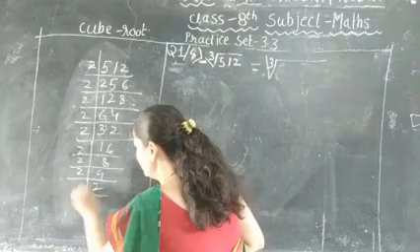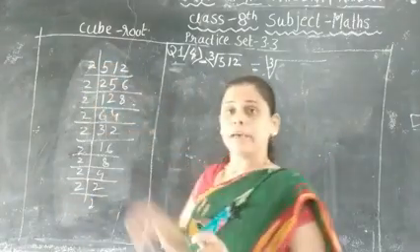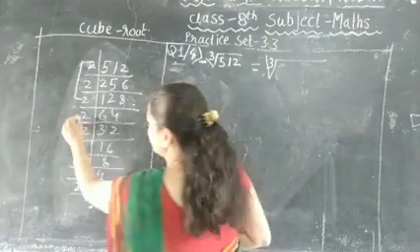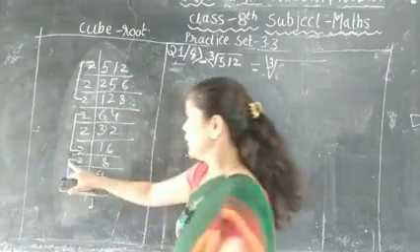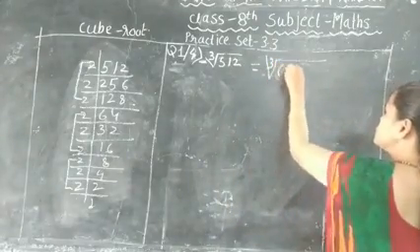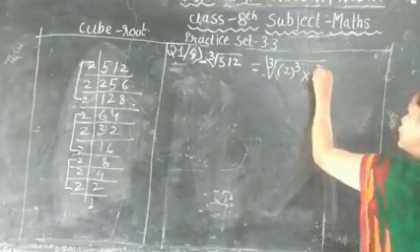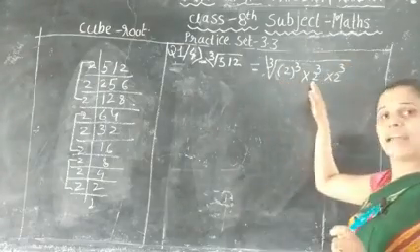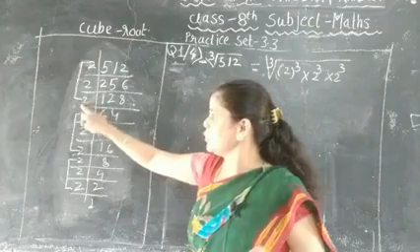Or you can write here 2 1s are 2 also. That means 1, 2, 3, make a group of 3. So 1, 2, 3, one group, then 1, 2, 3, two groups, then 1, 2, 3, here 3 groups of 2. Then 2 raised to the power 3, multiplied by 2 raised to the power 3, multiplied by 2 raised to the power 3. Why do we write it 3 times? Because here our factors are 2 multiplied by 2 multiplied by 2.